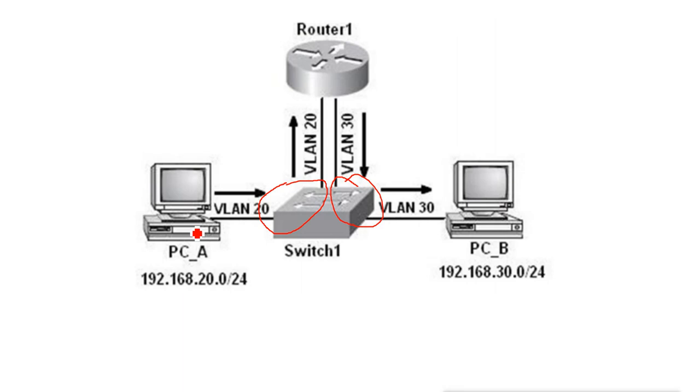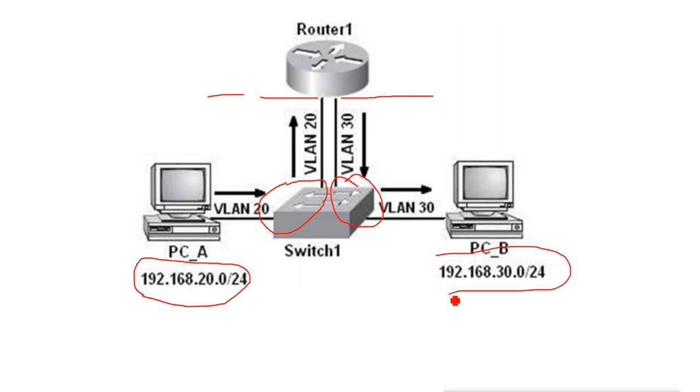Then all the machines in their particular VLANs will have the gateway of their interface. That means on this interface which is for VLAN 20, we will configure the IP address of the network which is in VLAN 20, and this IP address will be the gateway for every machine in this VLAN. The IP address of this interface which is connected to VLAN 30 will be the IP address of the network which we have in VLAN 30, and all the machines in that VLAN will have this IP of the router as their gateway.